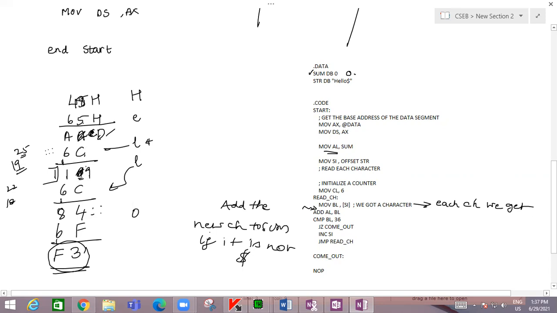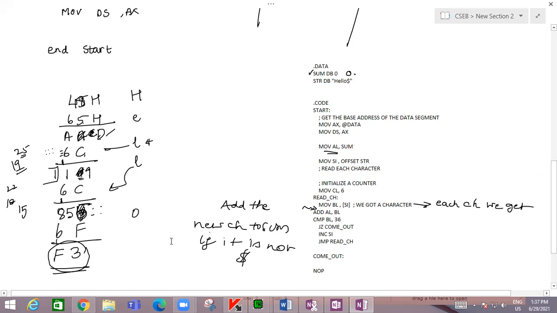1 carry 9. Again, this will be A, B, C, D, E, F, 1 0 1 1. So 1 carry 1, so 119. Again, you add 6C. So C plus 9, 12 plus 9 is 21. 21 corresponds to 16 ones are 16 plus 5. So this is 15. 1, 7, 8, 85. So 85. And it goes on.